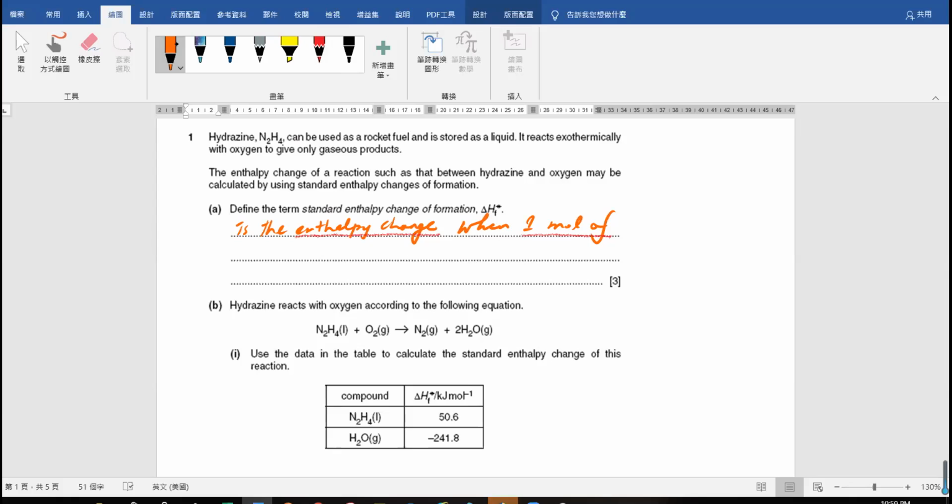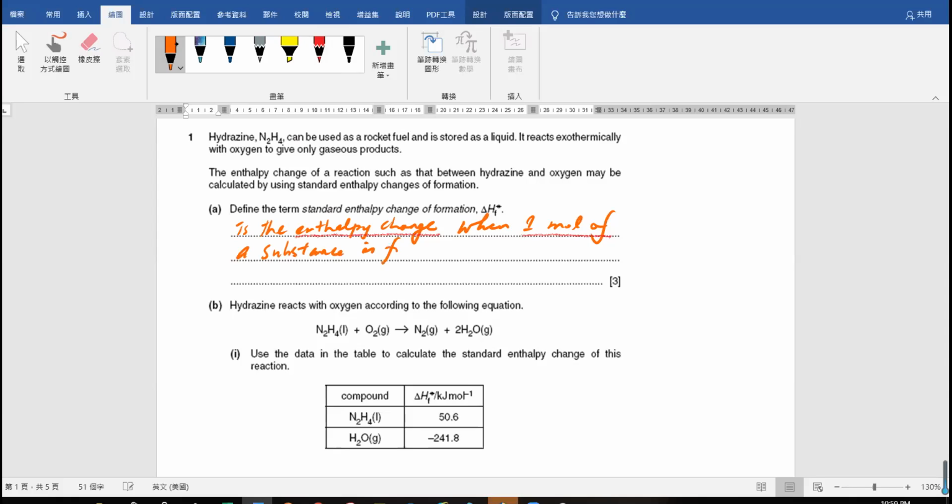For example, when you're talking about the enthalpy change of combustion, it will be 1 mole of the fuel is completely burned in oxygen. If you're talking about the enthalpy change of neutralization, it will be 1 mole of water is formed from neutralization. Right now, we are talking about the enthalpy change of formation. That will be when 1 mole of a substance,